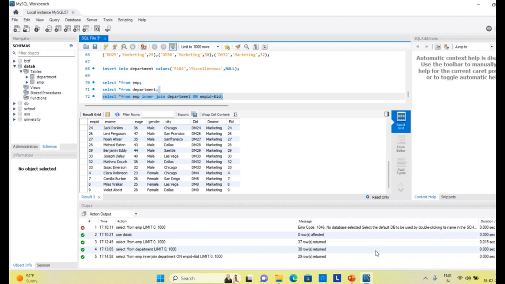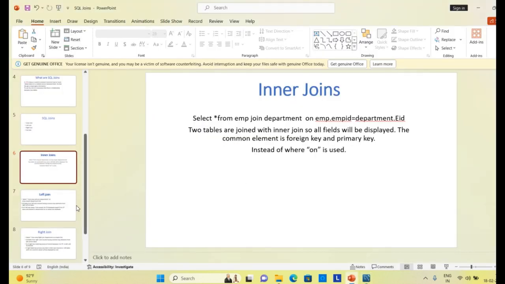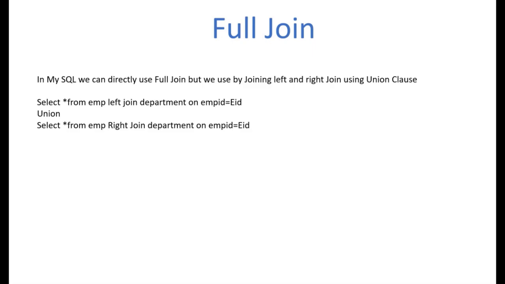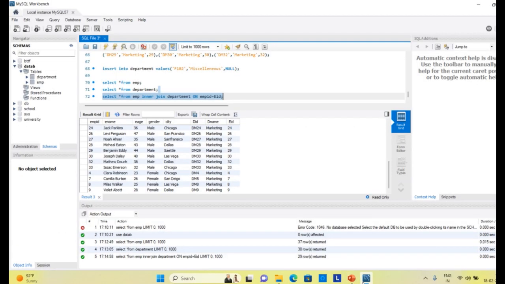So what exactly is the inner join? Inner join is a join in which two tables are joined so that those records will be displayed when the common element is foreign key and primary key. Whenever we are using this query, we are using on.